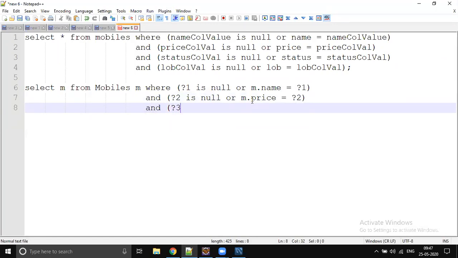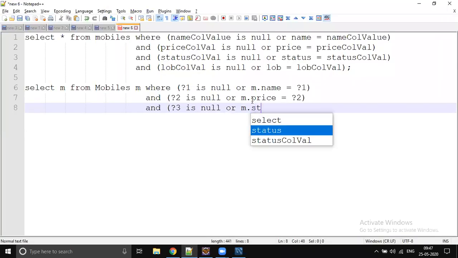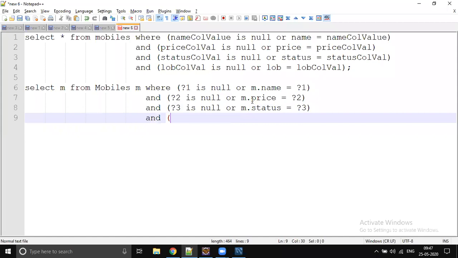the third placeholder can be null, or may pass or may not pass. So the next one is status, right? Status equals the third placeholder. And the fourth placeholder is this, right? Question mark. If we don't pass the parameter, then check the null condition.